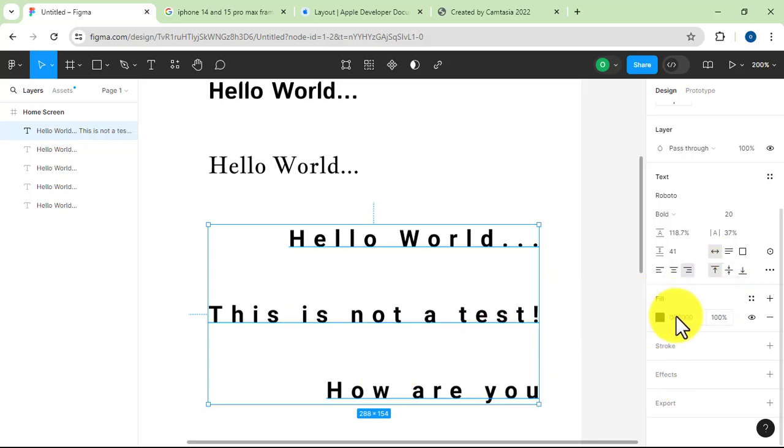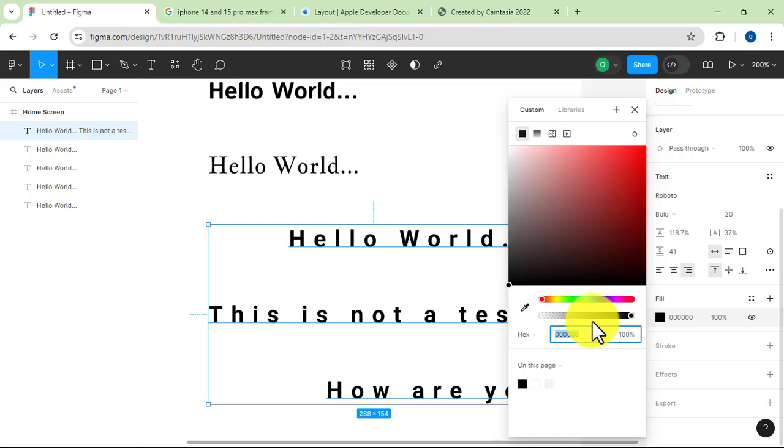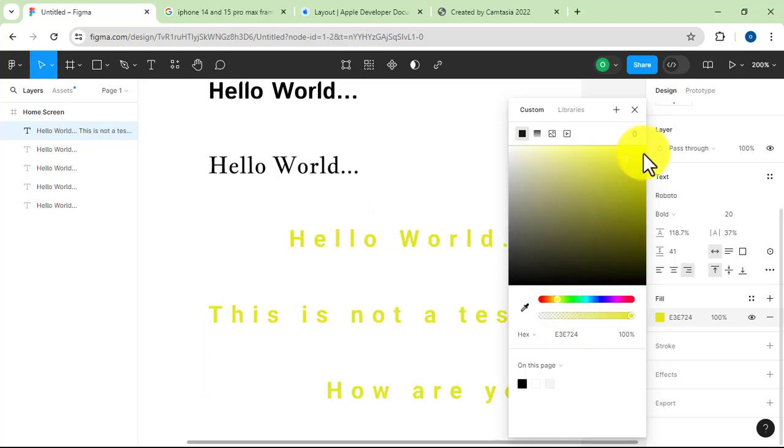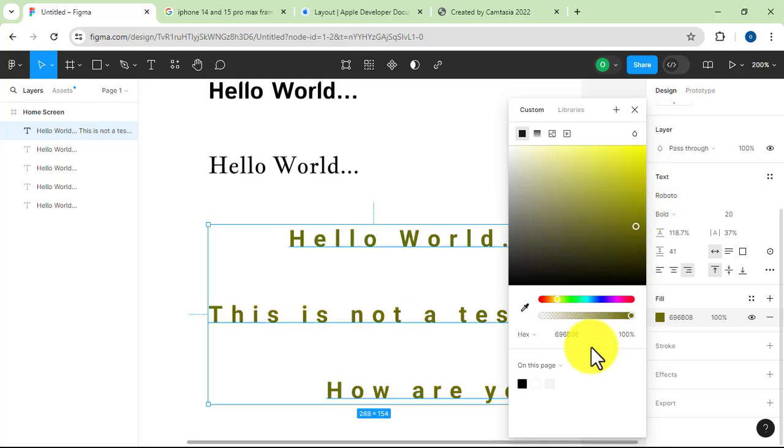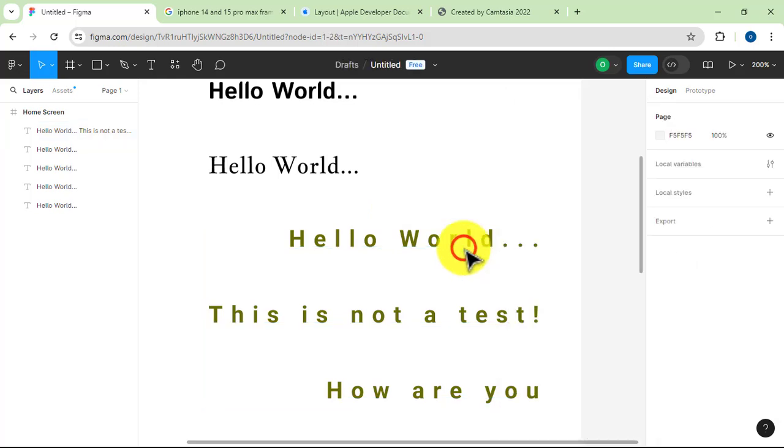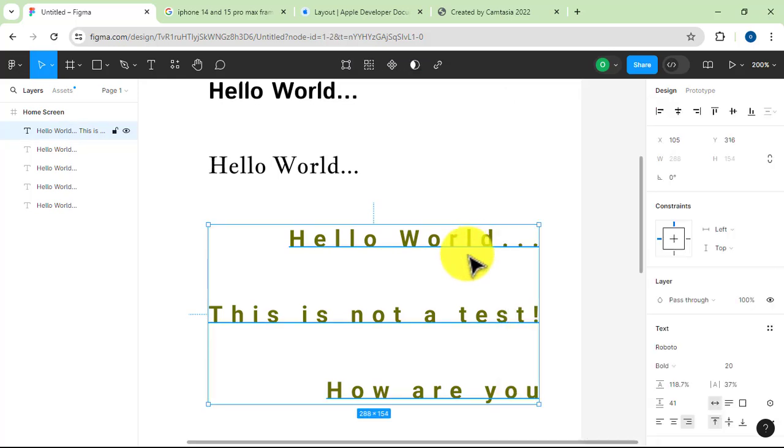So you can also change the fill color. You can change the fill color, like from black you can select any color of your choice, right, to change the fill color. But if you have a hex color, you can use it to change the color like that. Okay, and by clicking on the text again, you can,